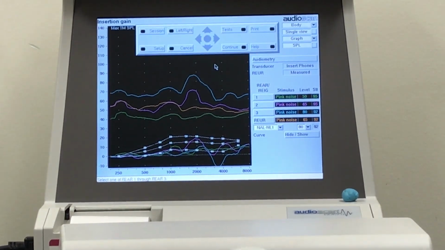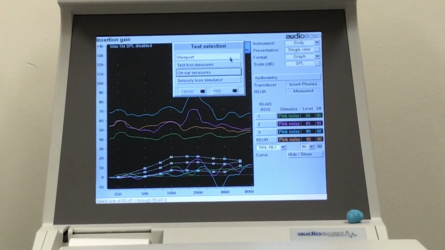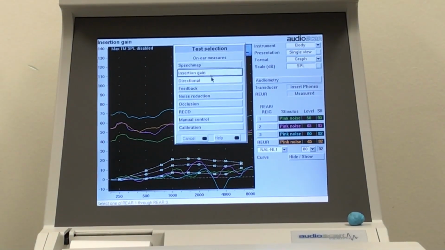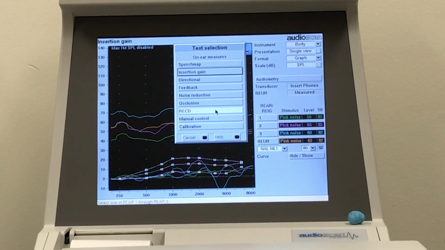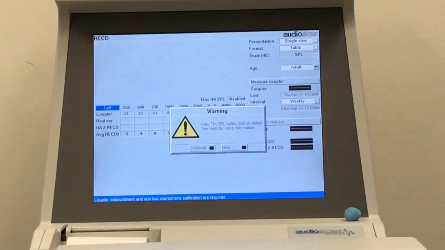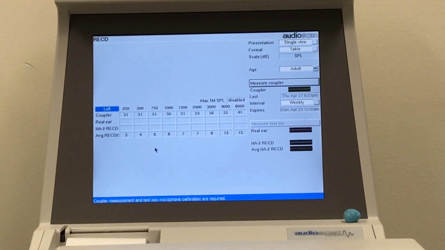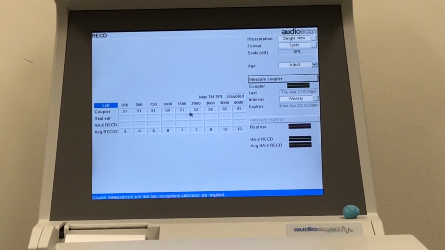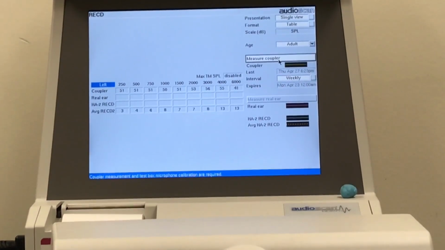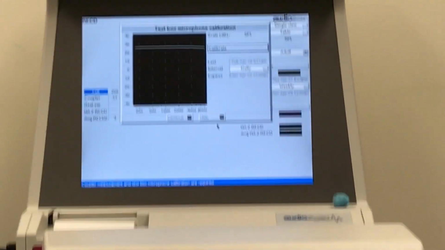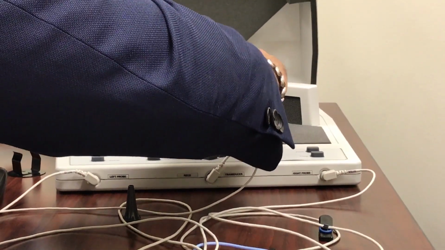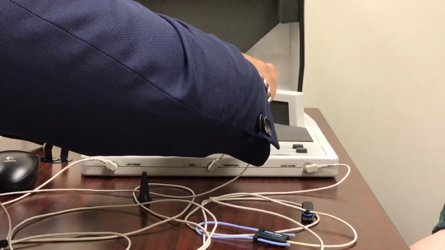Okay, so I'm going to right click. I'm going to go to tests. I'm going to go to on ear measures, and I'm going to go to RECD. Okay, it's right there, and it's going to tell me to measure the coupler. So I click it, and I have to calibrate this. So to calibrate the coupler,